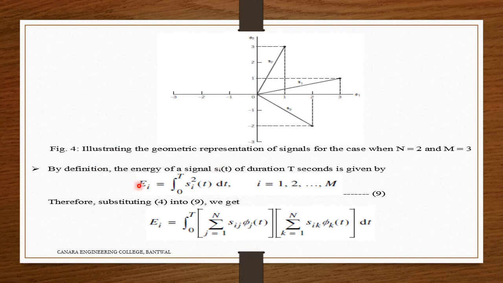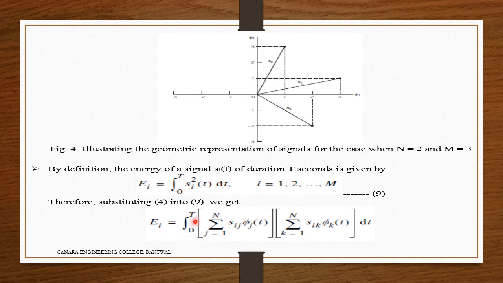By definition, the energy of signal Si of t of duration T seconds is given by capital Ei is equal to the integration from 0 to capital T of Si of t the whole square into dt, for i is equal to 1, 2 and so on up to capital M. This is equation 9. Therefore, substituting equation 4 into equation 9, we get Ei is equal to the integration